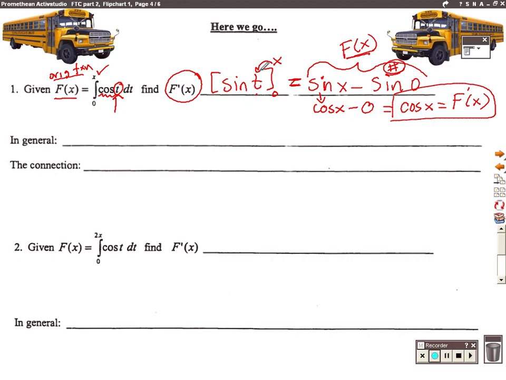And so when we take the derivative of that, notice what really happened is that the derivative of the original function is sitting in here, almost. The derivative of F is cosine, but cosine of what? Well, it's cosine of the new variable. Cosine of the new variable. So in general, if we take the derivative,